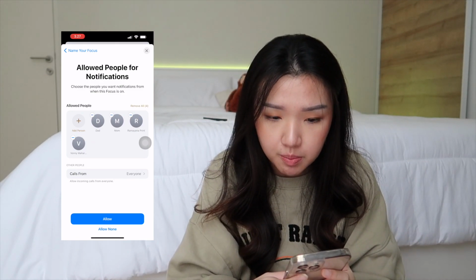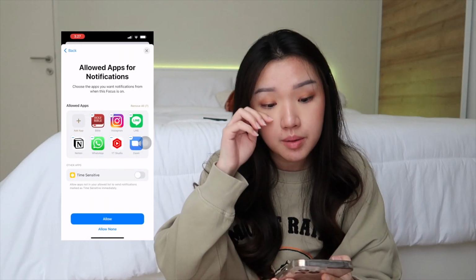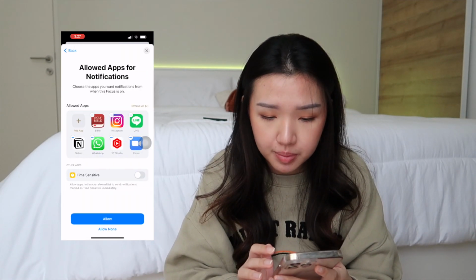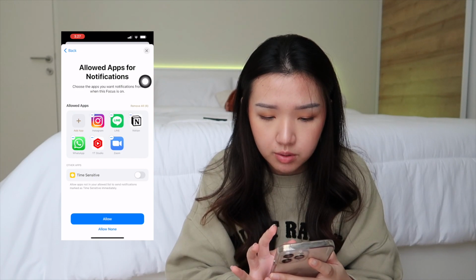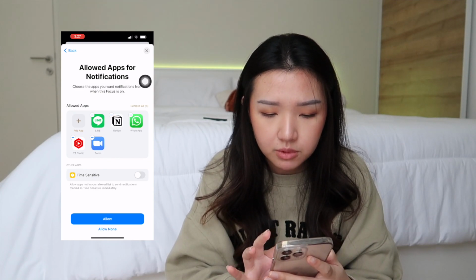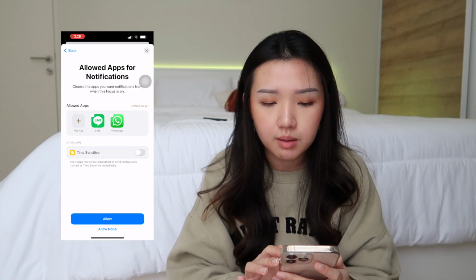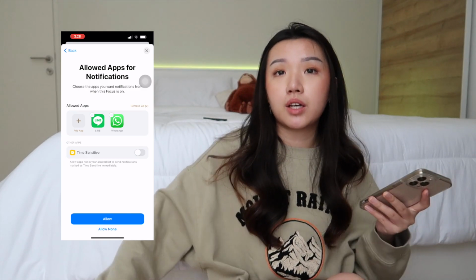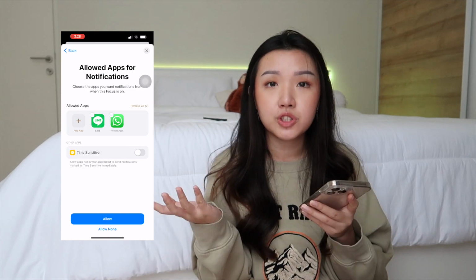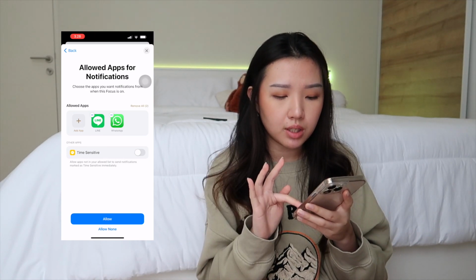So yeah, just press allow, and then allow notifications from apps. Bible no, Instagram no, Notion no, YouTube Studio no. I'm just going to allow Line and WhatsApp because I always use these two applications for chatting with my friends and family. So I'm going to allow,